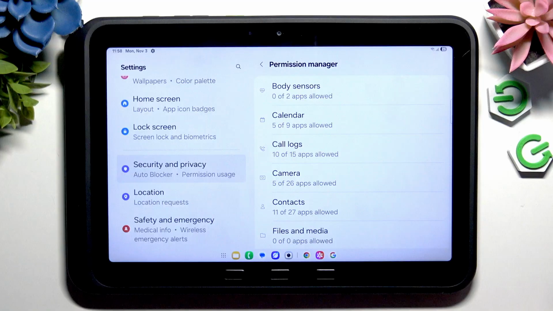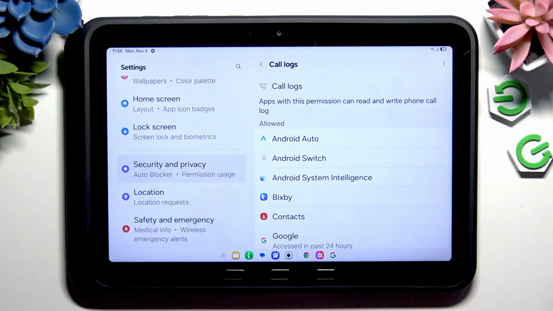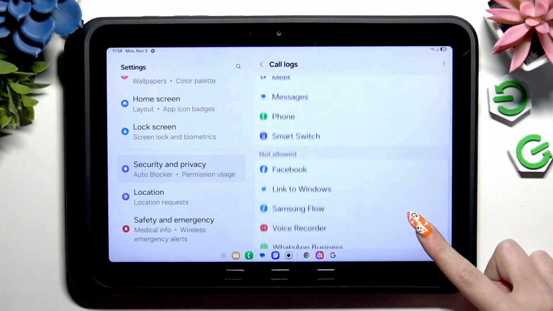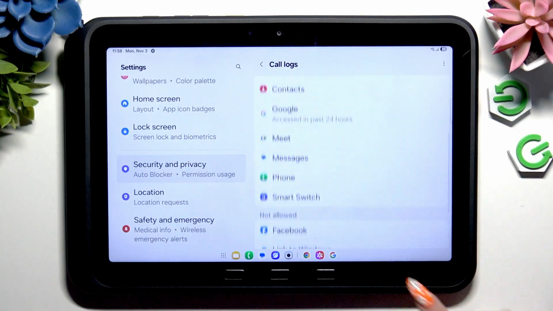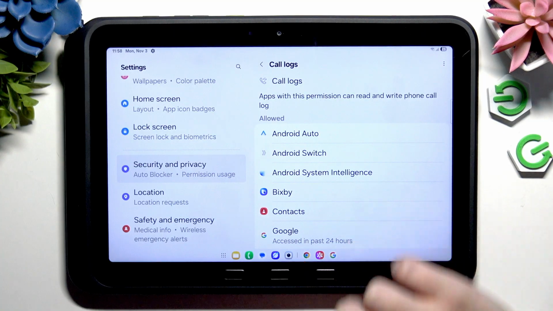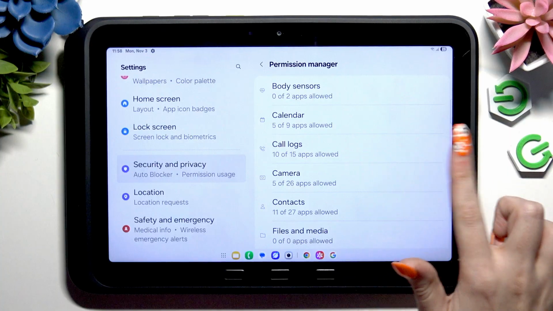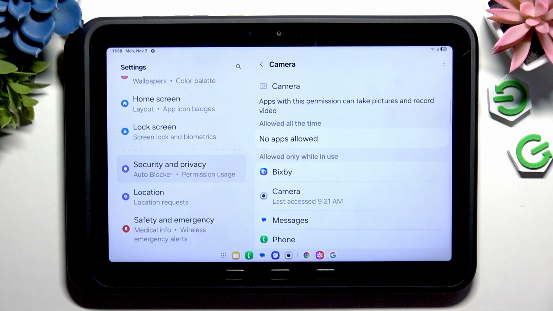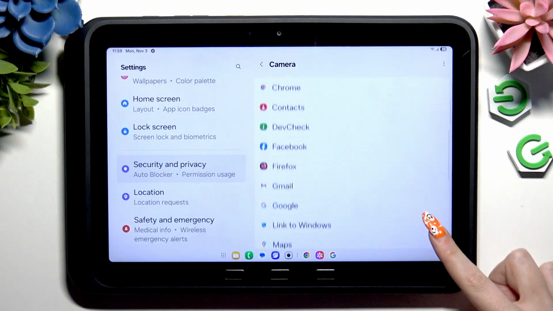Now pick any feature you wanna manage and click on one of those apps under one of those sections, Allowed or Not Allowed. In case of my call logs, I have only those two, but for example, if you will go into Camera, you will see those sections change to Allowed all the time, Allowed only while in use, and